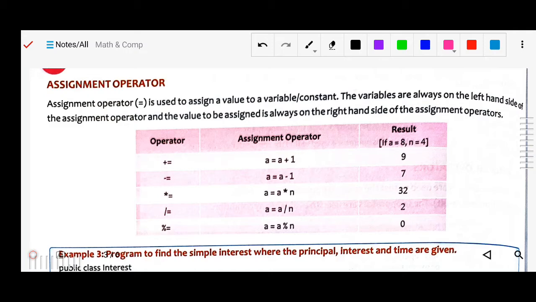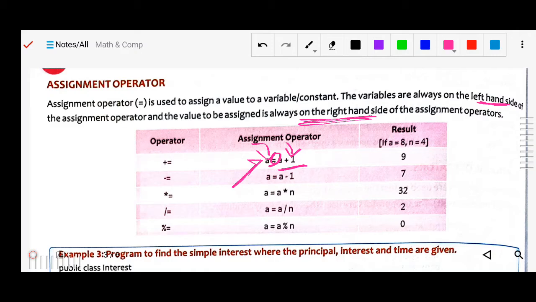Here you can see this is your assignment operator, and on the left side is the variable where we have to assign the value.